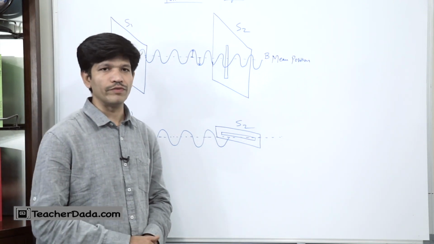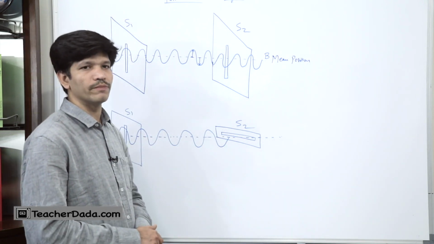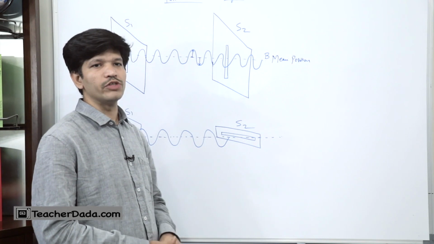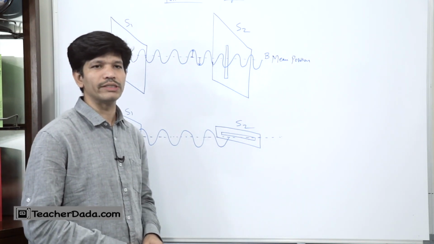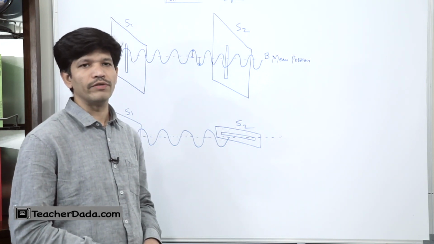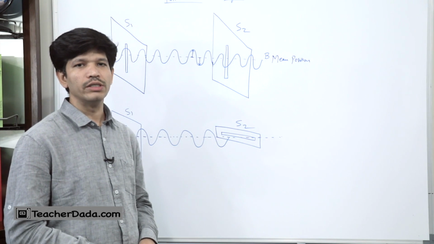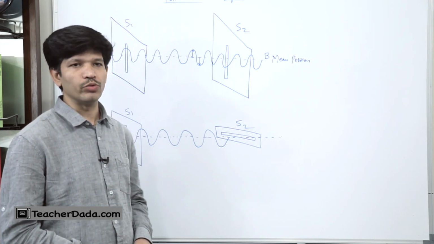For example, if they were sound waves, then they would have passed through the slit S2 in all the angular positions. Thus, we conclude that if the amplitude of a wave produced in a string passing through slits S1 and S2 varies when S2 is rotated, then the wave passing through S1 is transverse. If on the other hand the amplitude remains the same, the wave is longitudinal.